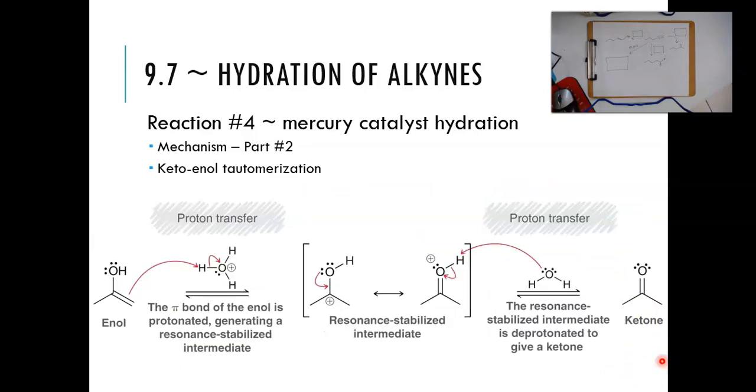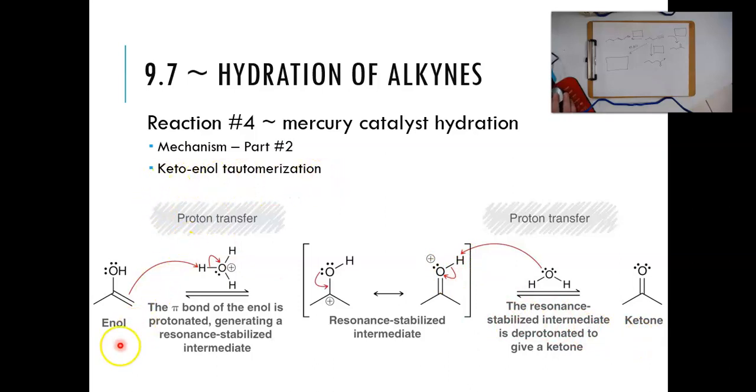Here's the second half, which is also the more important half. And I say it's the more important half because this mechanism is going to come up a few more times for us. So here's our enol. We're going to do a proton transfer. We're grabbing onto the hydrogen on our acid, and as a result, we create a carbocation. We're going to move those electrons down as part of our resonance to create a carbon-oxygen double bond, and then we're going to use our water to get rid of that extra hydrogen, and as a result, we get that. This process is called a